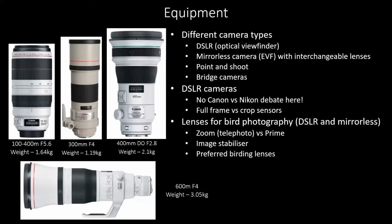All right, so when it comes to lenses, it's the sky's the limit. We're not going to pretend that these things aren't expensive. So we may not be talking to everybody who can necessarily afford the top end lenses, but maybe just for me, I'm currently using a 100-400 f5.6, and it's a phenomenal lens for the amount that you pay for it. The quality is outstanding. It's nice and flexible, and it's pretty light. The 300 f4 was the very first camera lens that I had. It did a good job, but I think it's been overtaken predominantly by the 400 millimeter f5.6,